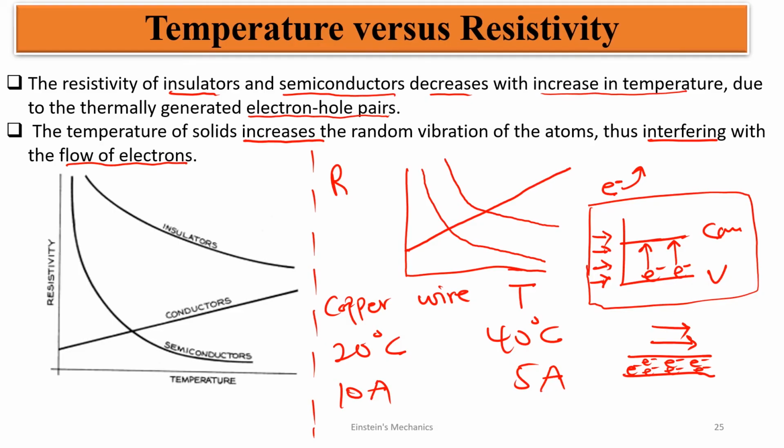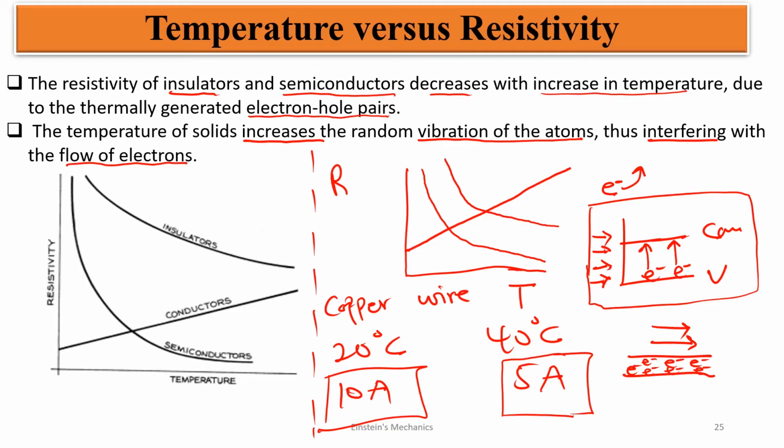So at the end of the day, instead of us to gain the 10 amps current, it is going to reduce. Are we good? And as they collide, they are going to cause vibration in the atom, causing a decrease in current. So it is not advisable to increase the temperature of conductors, because it is going to decrease the